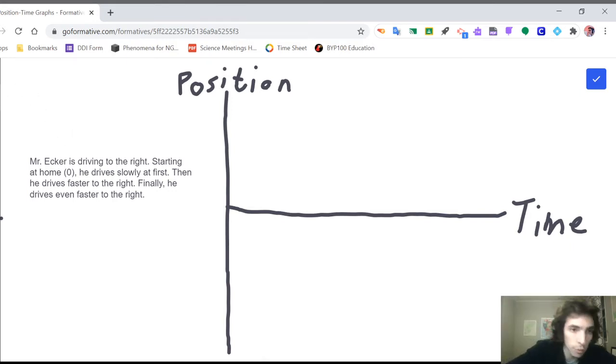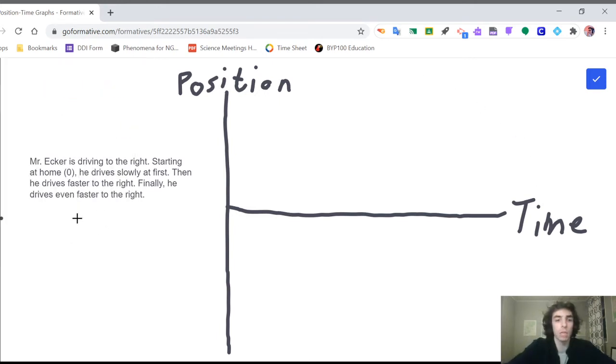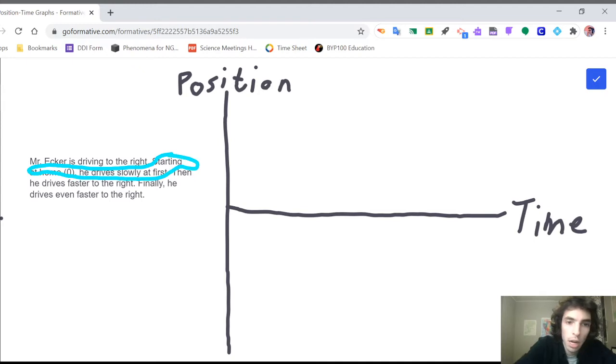So if we look at this first example here, I am driving to the right, and I start at home. So home is our zero line here, where we have position on our y-axis and time on our x-axis, as is always the case in our position time graphs. Now, if you've seen other videos, if you've been keeping up, then you would probably be able to translate this, hopefully, relatively easily. So if I start at home but drive slowly to the right, I need to draw this with